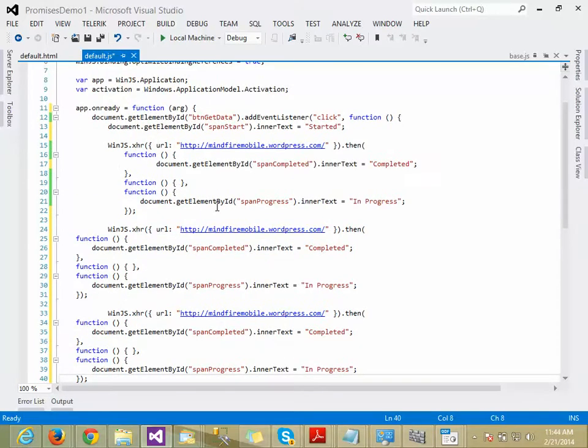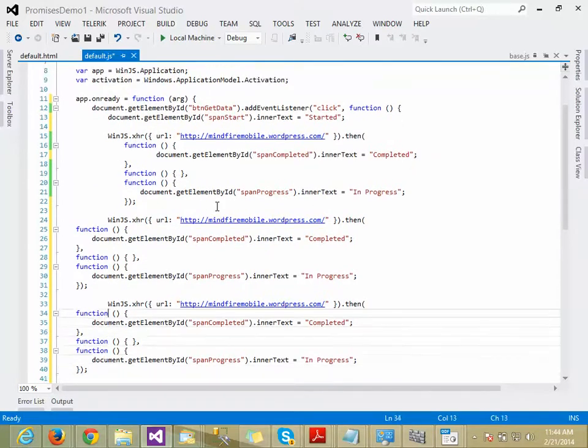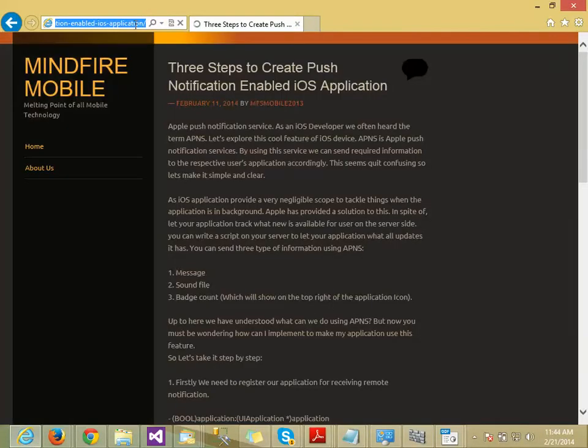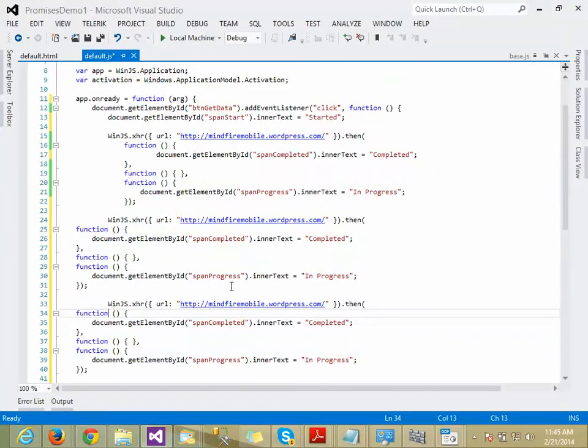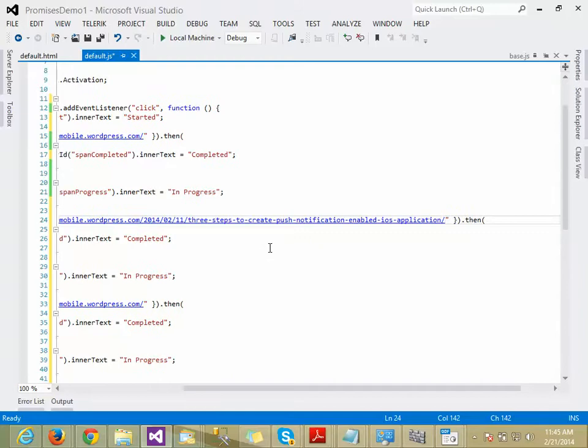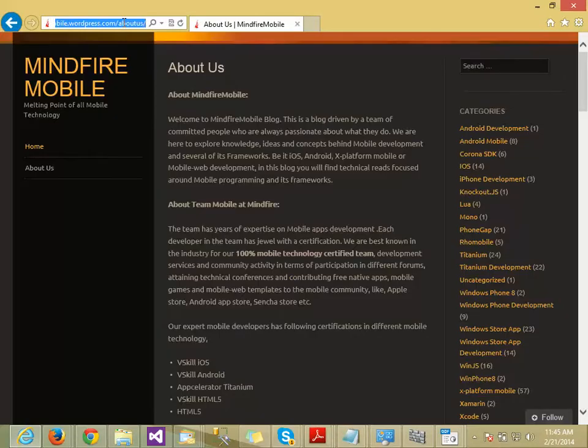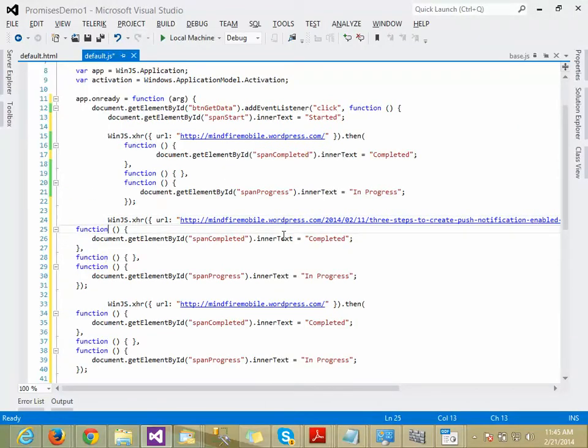Let me define a few parallel promises, and we get the URLs from our mobile blog site itself. Take a few, say about us. So now I have 3 promises in hand.